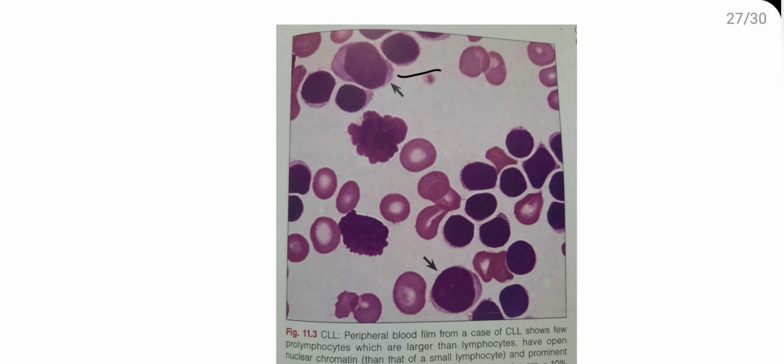And this is the prolymphocyte I talked about. If you see less than 10% prolymphocytes compared with lymphocytes, it is almost 2 times that of a lymphocyte, with a little vesicular nucleus, and sometimes you can see prominent nucleoli. So if it is less than 10%, then it is CLL. If it is 11 to 55%, then it is CLL/PLL. If it is more than 55%, it is prolymphocytic leukemia.